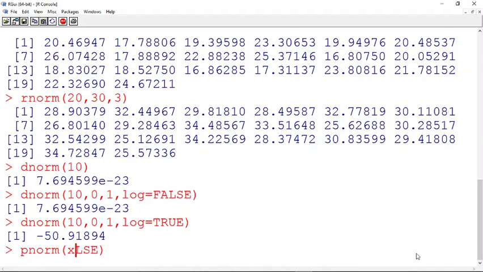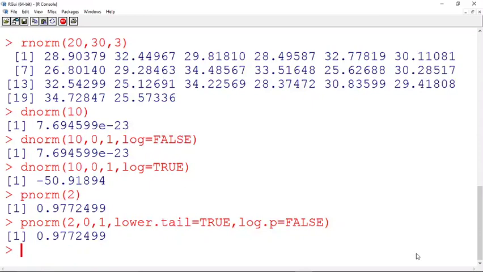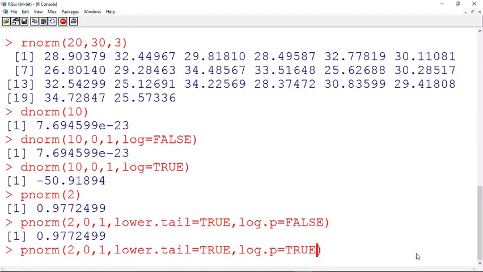Now I say pnorm of 2. See, you're getting it. Now suppose I change this. Now if you want to check whether it is the default value, so what we saw: lower.tail is equal to true, then log.p equal to false. So these are the default values. Fine, you have got it. Now suppose I say log.p equal to true,